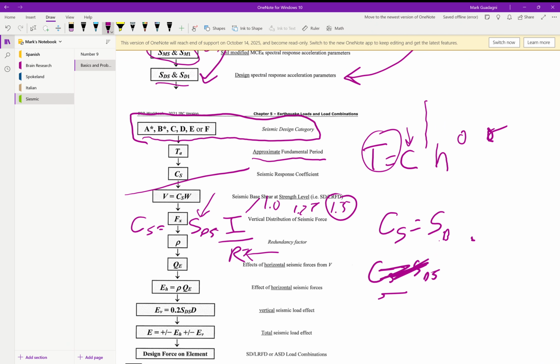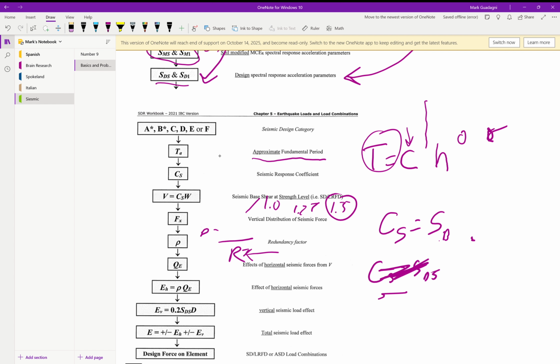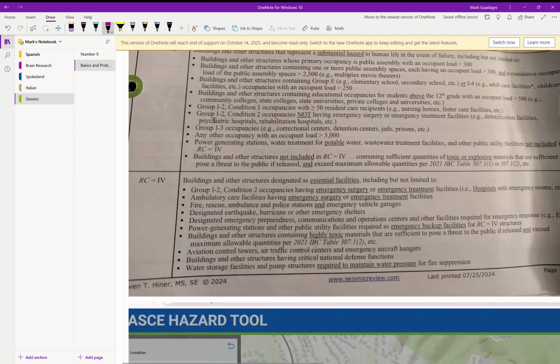Okay, so now we're almost at the end of it. Let's erase some of this here. Now we found our C sub S. That's probably the most important thing, and then they'll probably give us the weight of the structure, and then you can get your base shear. Once you find your base shear, that solves a lot of the problems. Some of the problems will just ask you for base shear. Then, if they do make you go this extra step,